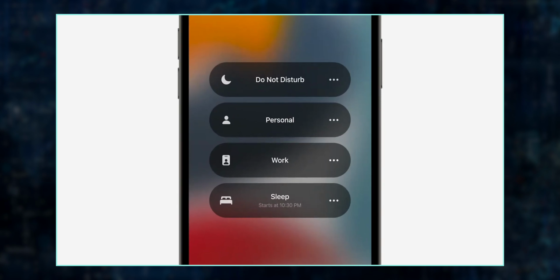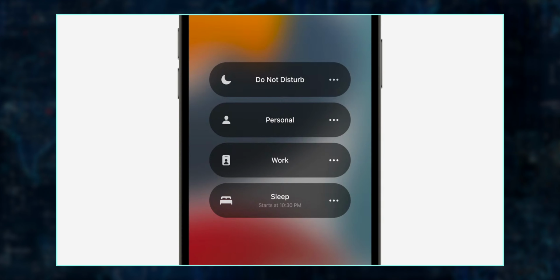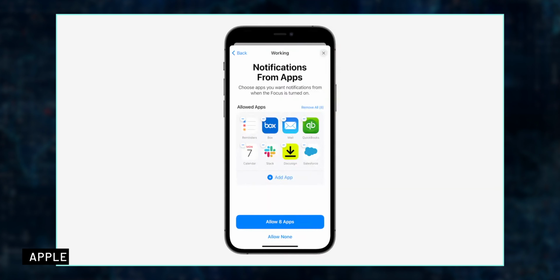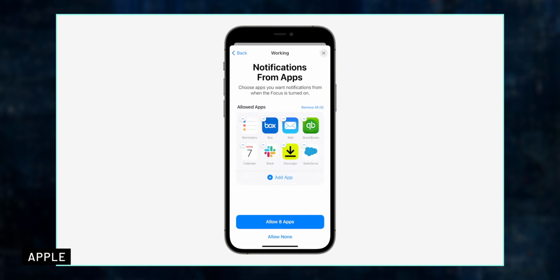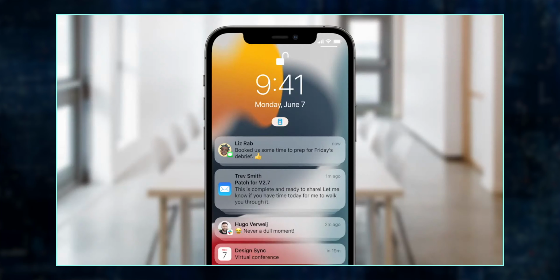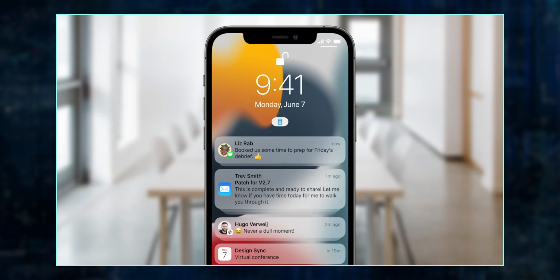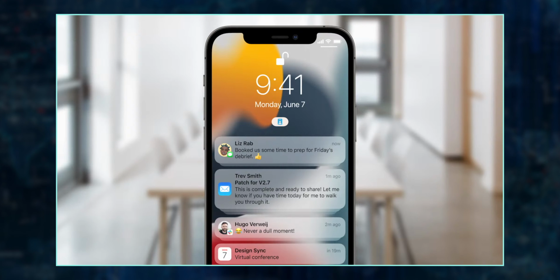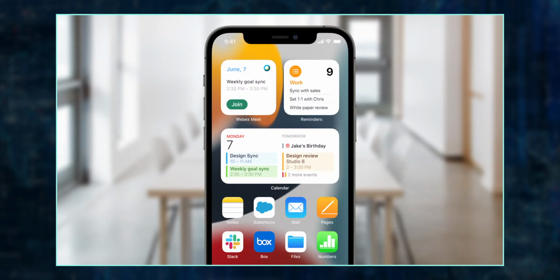So you know that you now have the option to just turn on and turn off Do Not Disturb, right? On iOS 15, you will have customizable options for Do Not Disturb. So you'll have the option to enable Do Not Disturb, or you can choose a personal Do Not Disturb. So every time that you are not working, you can stop receiving everything related to work, for example. Or if you are working, you can enable the focus mode for work, and you will not receive any notifications unrelated to work. Same thing for sleep, and your iPhone will also suggest to turn on focus if you need to.